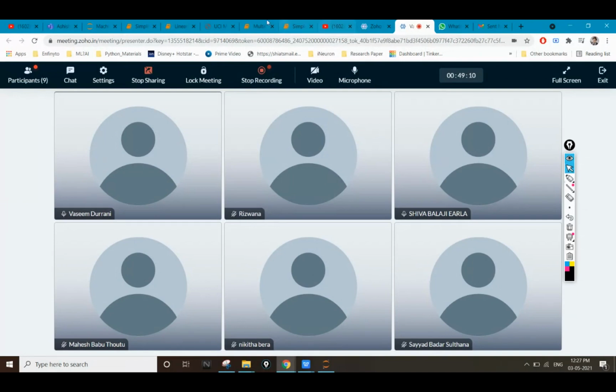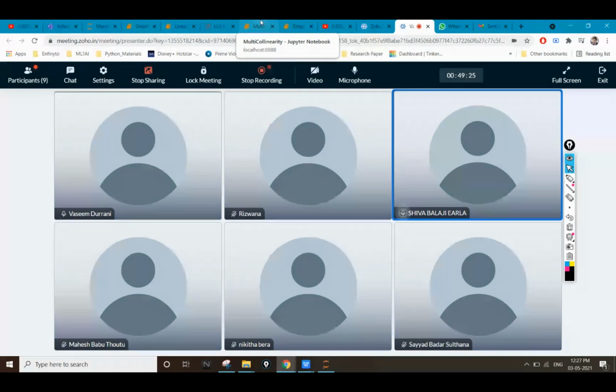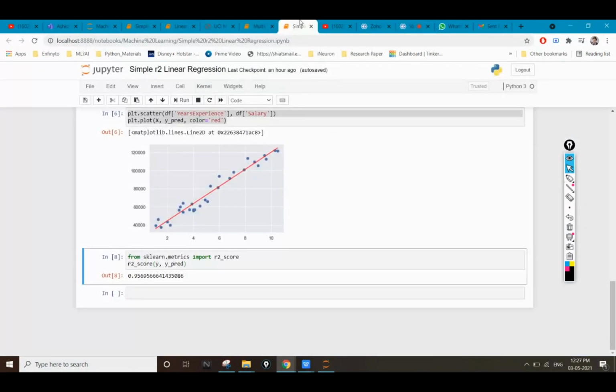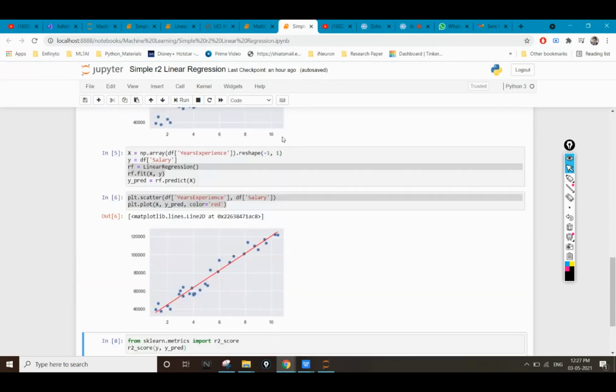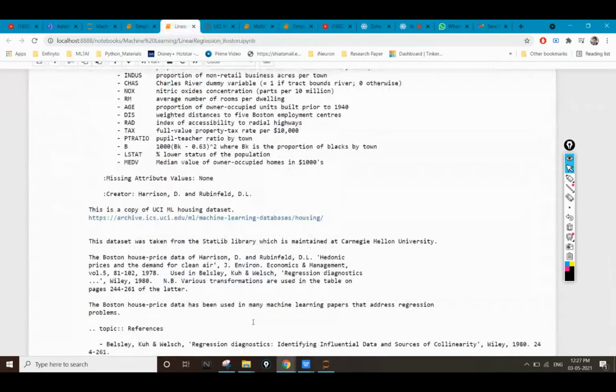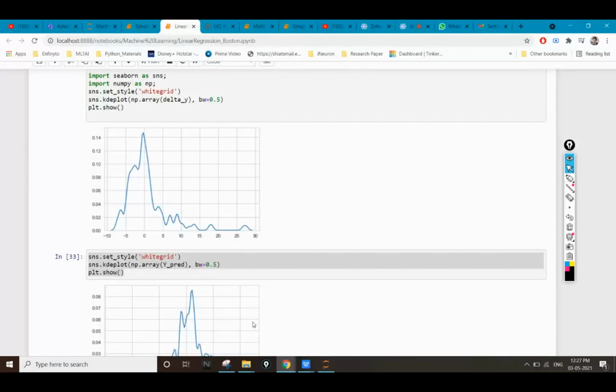Sir, in multiple features, we can't picturize our linear data, no, sir? Then how can we get the output from the original one? If you have multiple features, don't try to print the x-axis. Just try to print the y values. See here, I'm just trying to print the y values because in x we have multiple different features and we can print one feature at a time.